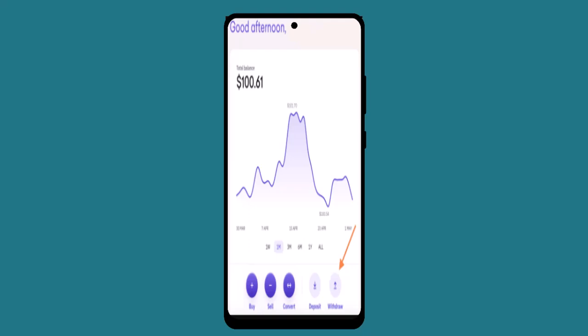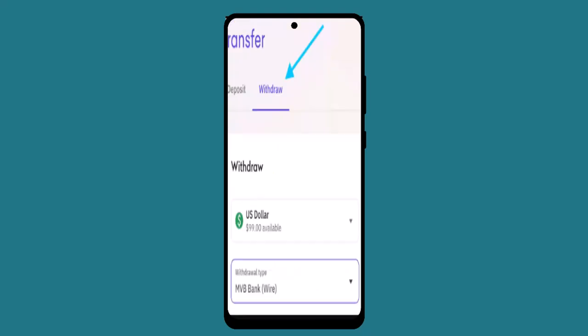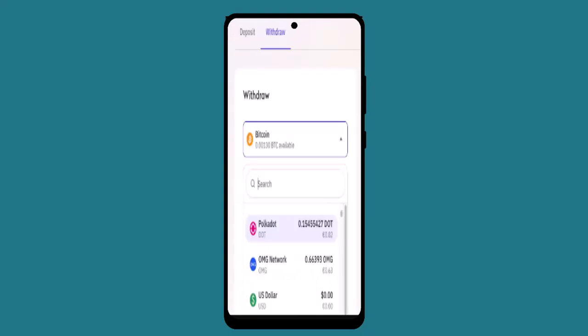So after you're logged into your Kraken account, click the withdraw button on the home page located right at the bottom. Next page, ensure you are on the withdraw tab in the new page. So the first drop down menu will be pre-populated with your available cryptos. If you wish to withdraw a different crypto, then select the crypto you wish to withdraw from the drop down menu. So after that, enter the amount you'd like to withdraw or click the percentage of your account balance in